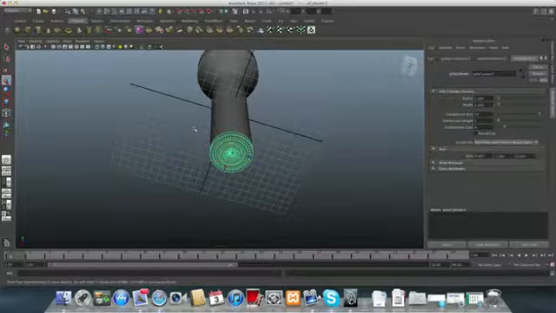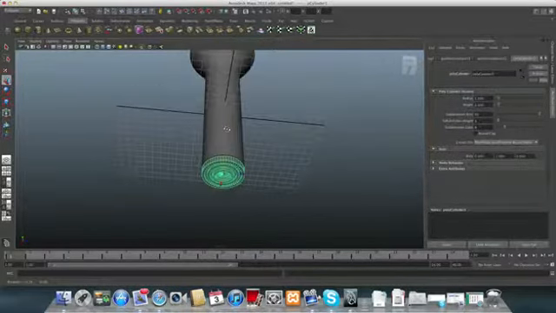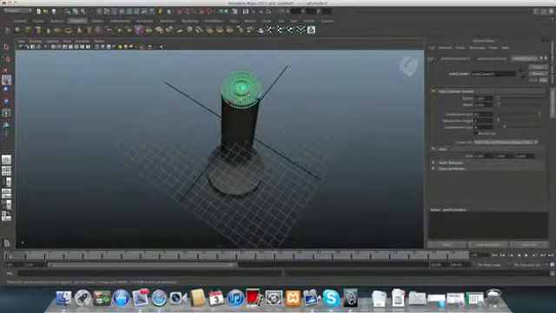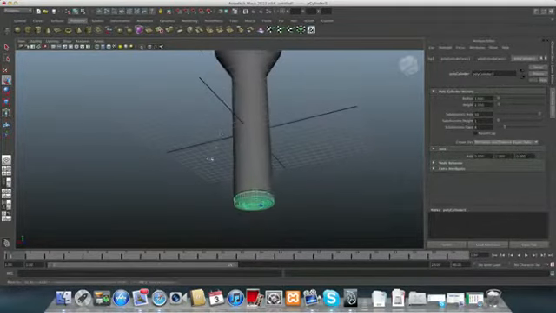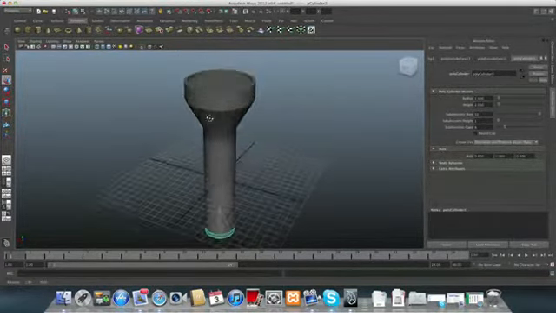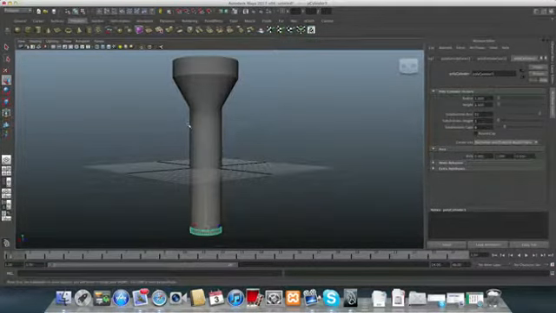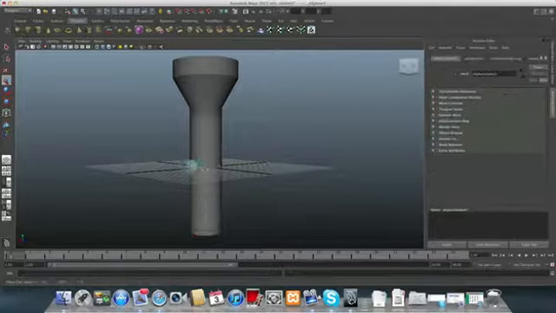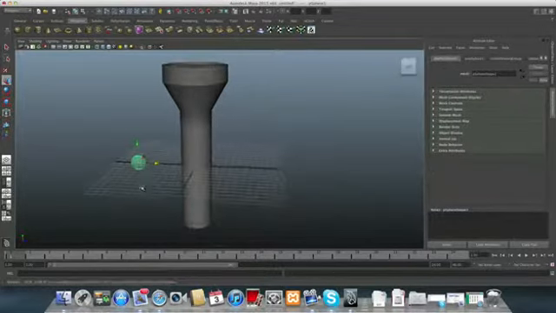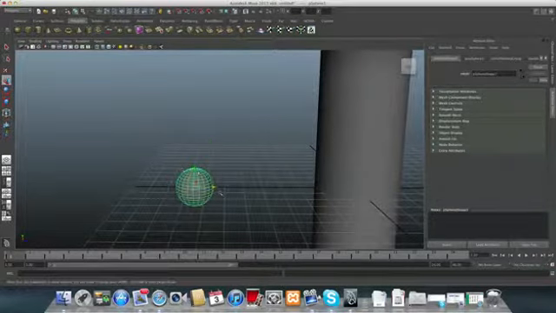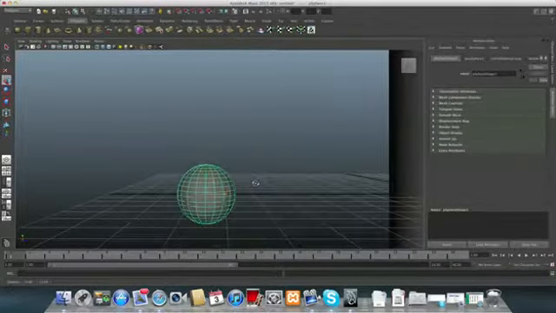Now we are going to the fun part of this tutorial, and it's actually to create more detail. We are going to put more detailing on this flashlight, so I hope you have patience for it. First of all, we are going to create a sphere. This sphere is here, and we are revealing it by moving it from inside the pipe of this